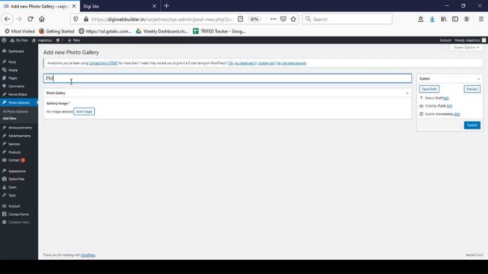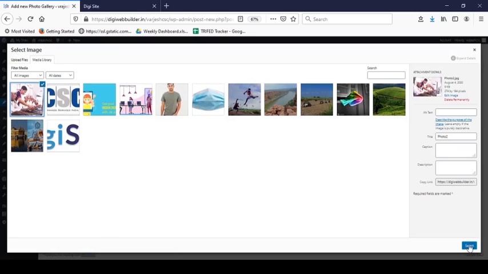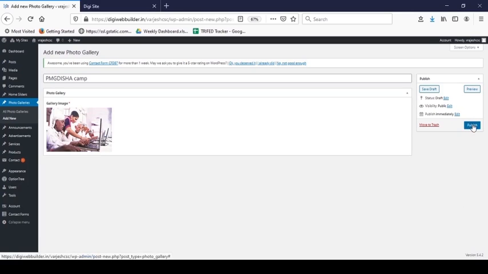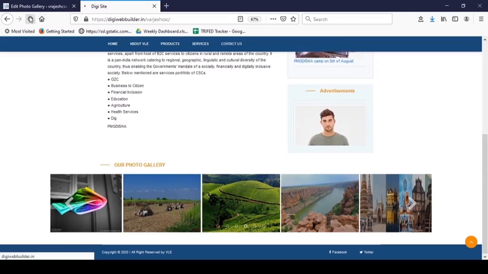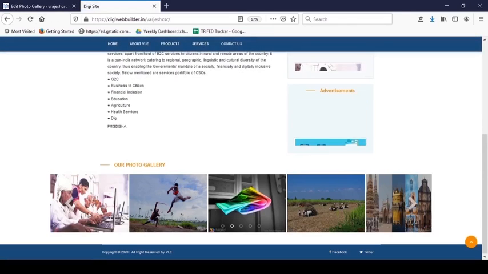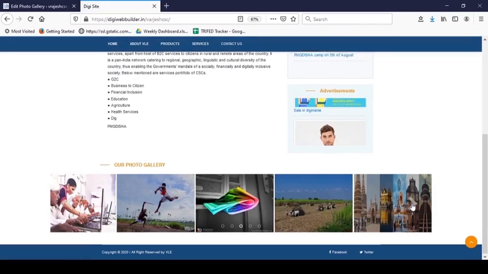Enter title for your photo, like PMJ Disha Camp. Add image. Select, click on Publish. To check the changes, go to the website again, refresh your site, and you can check the photo has been added and the old photos have been removed.